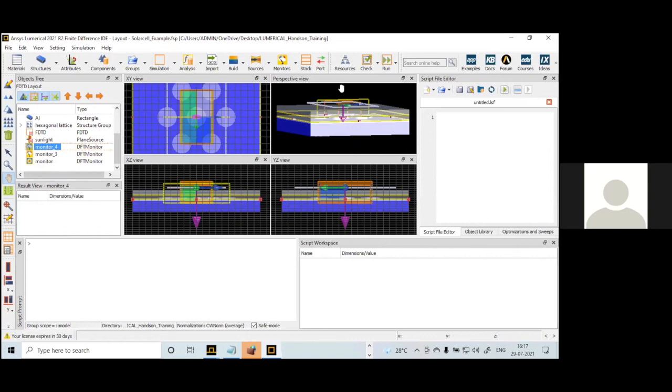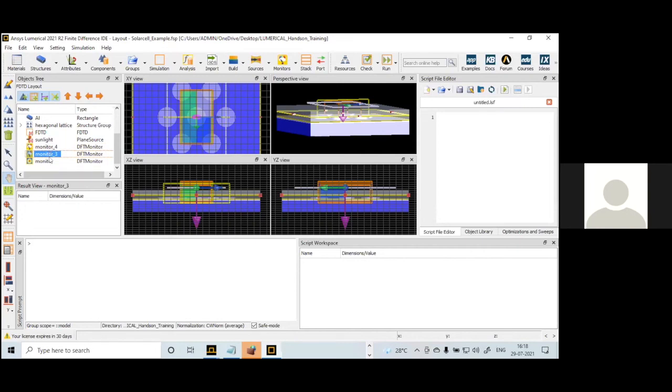directly. If I run this, it will take more than 1 hour. Here these power monitors will collect the transmittance data. After running this particular simulation, if I right click the result, it will show the T parameter directly. So we should know exactly where to place the power monitors, that means where exactly you want to find the transmittance. With respect to that position, we have to place the monitors.